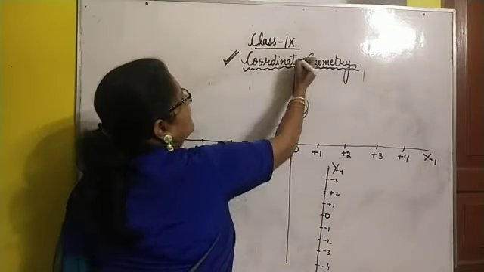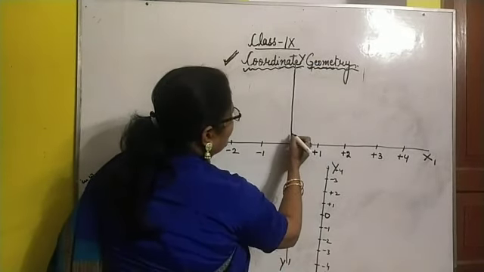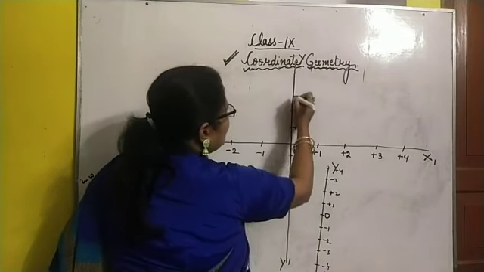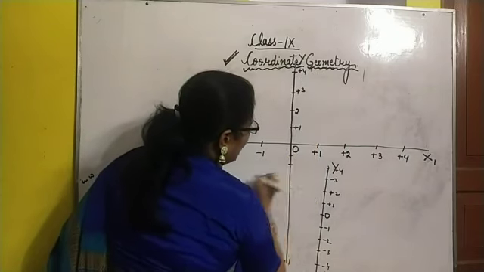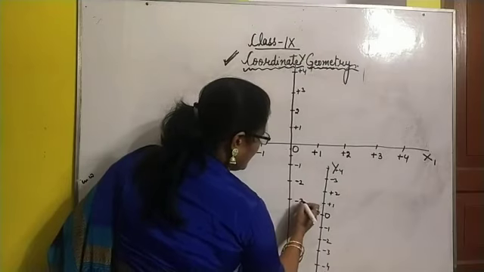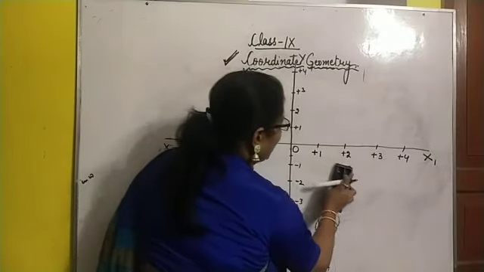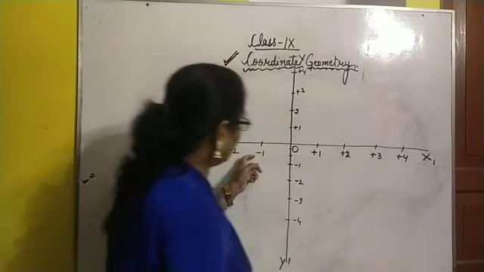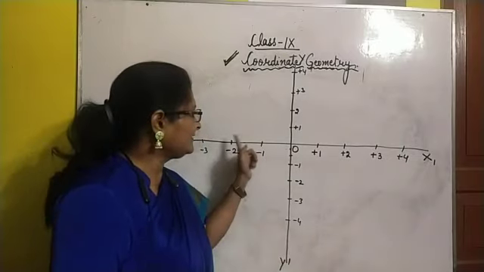So here we will write this is y and this is y dash, this is O. Now upward we will write all the positive numbers at a particular distance, +1, +2, +3, +4, and downward we will write all the negative numbers, -1, -2, -3, and -4. I have combined these two number lines to each other. This is the x-axis, and you can see this is the y-axis, and these two axes